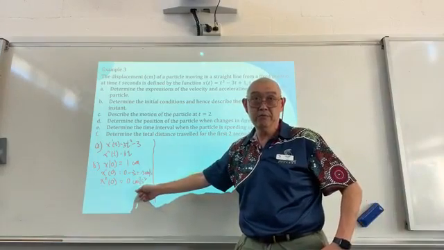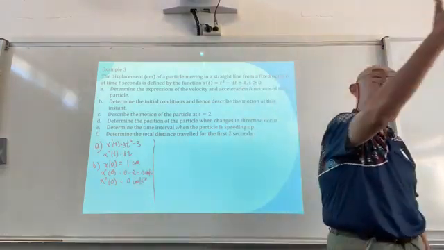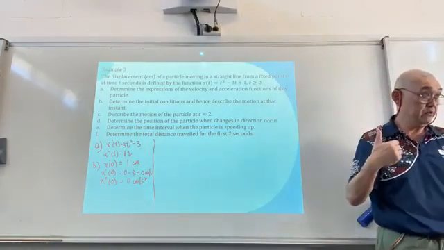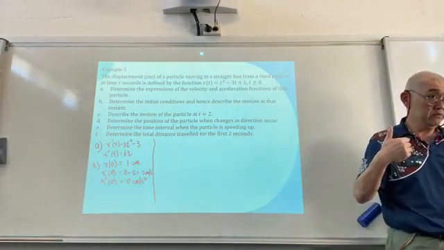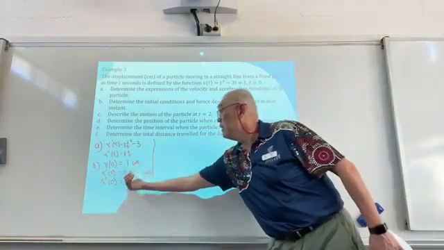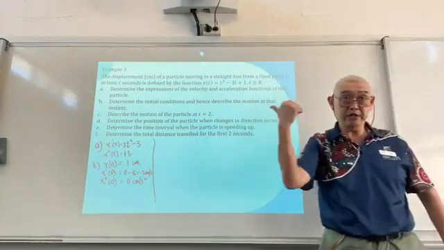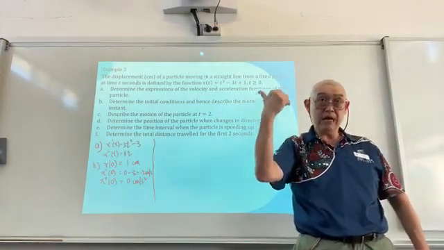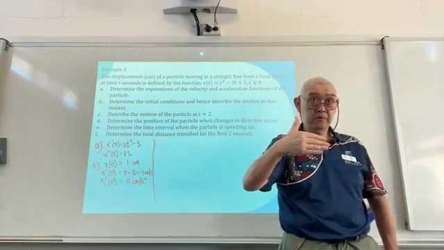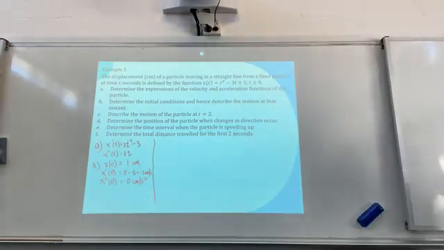Explain that the position is 1 centimeter in the positive direction from the origin, or from the fixed point. The velocity is in the other direction, in the negative direction, and it's constant because acceleration is 0. So I want you to be able to describe that. So position is